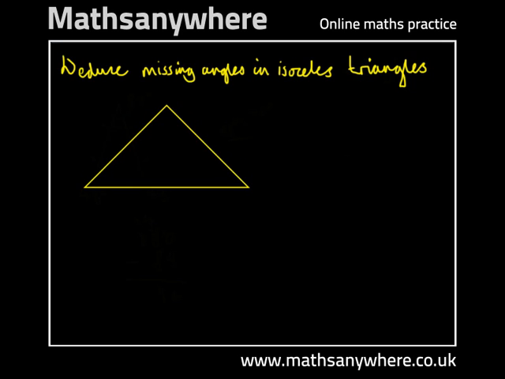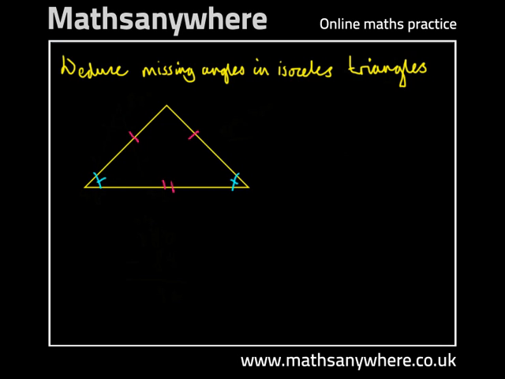Deduce missing angles in an isosceles triangle. The first thing we need to do is remind ourselves of the properties of an isosceles triangle. An isosceles triangle has two sides of equal lengths and a third side of a different length to the other two, and it's got one pair of equal angles,